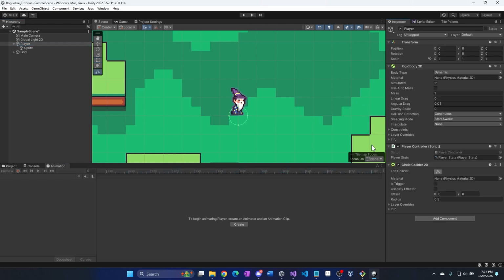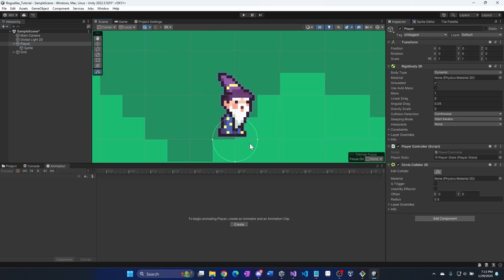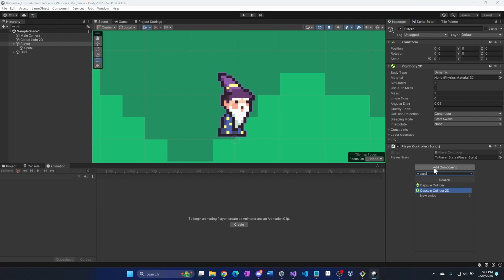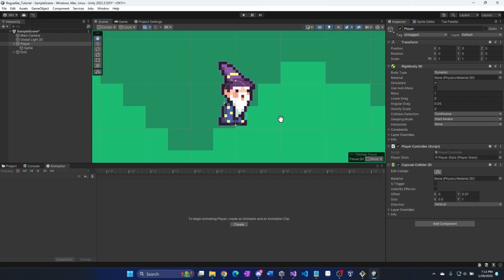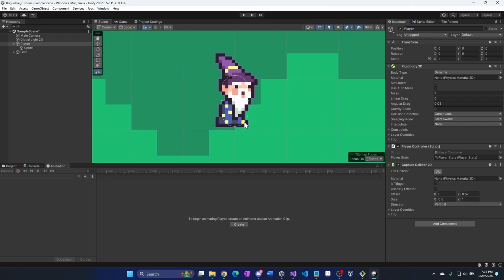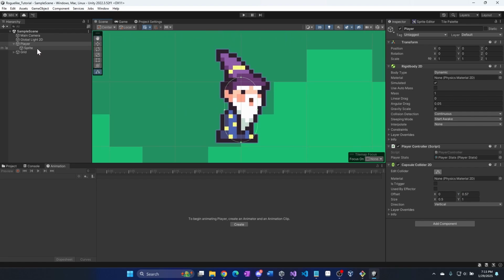I'm also going to change our circle collider so it better lines up with our player. So I'm going to offset it a little bit, and you know what, I'm actually going to replace it with a capsule collider, which is a pill-shaped collider. We can view it right there, and I want to offset it a little bit so it is now up, and that looks good. Okay, so now if we go ahead and click play,